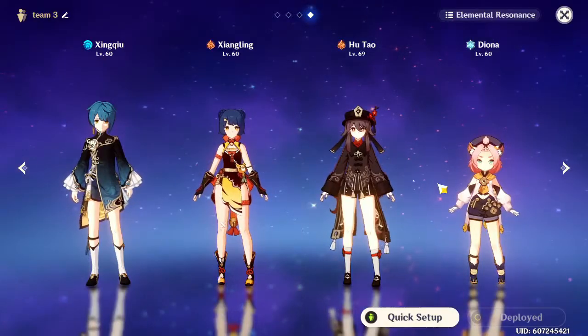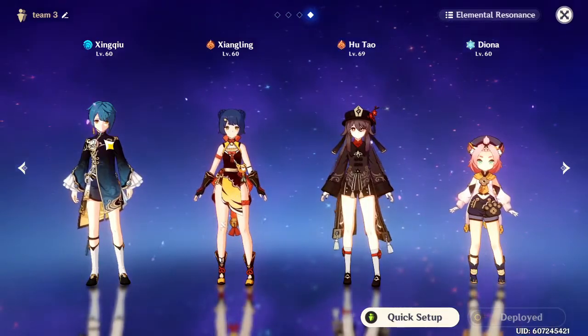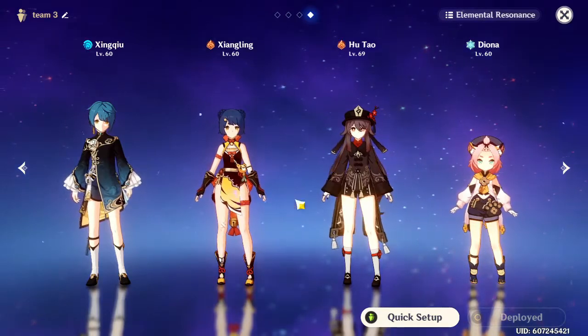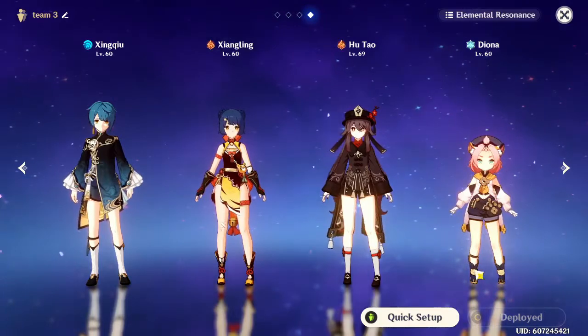For team comps, any character that can support Hu Tao well is a great support and team member. Xingqiu is a good option because of the Vaporize, and you just do more damage with your auto attacks. Xiangling is good because of pyro resonance and good pyro support, and Diona is good because she creates a shield and